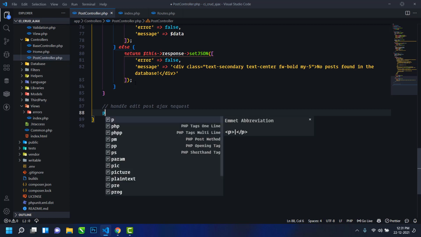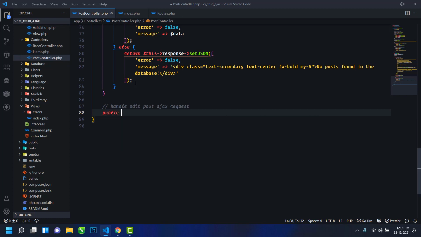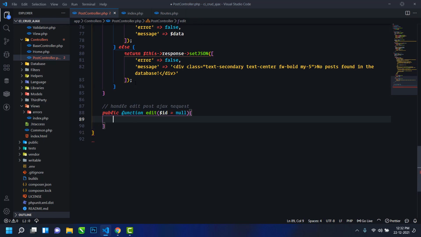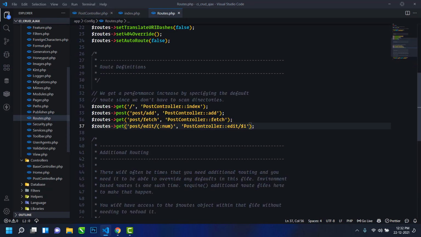Here I will use public function edit, the method name is edit, and here id equal to null. I will assign a null value here, because in routes you can see we will get the id, and the id will be of type number.